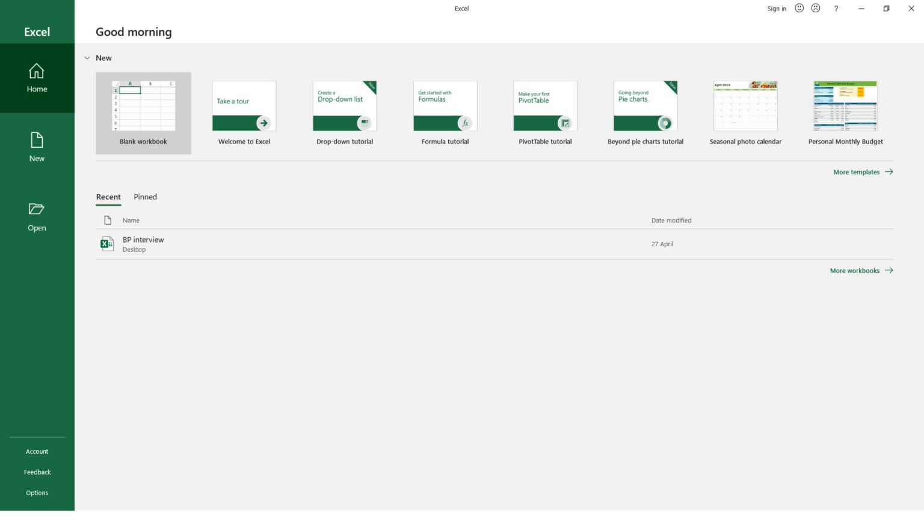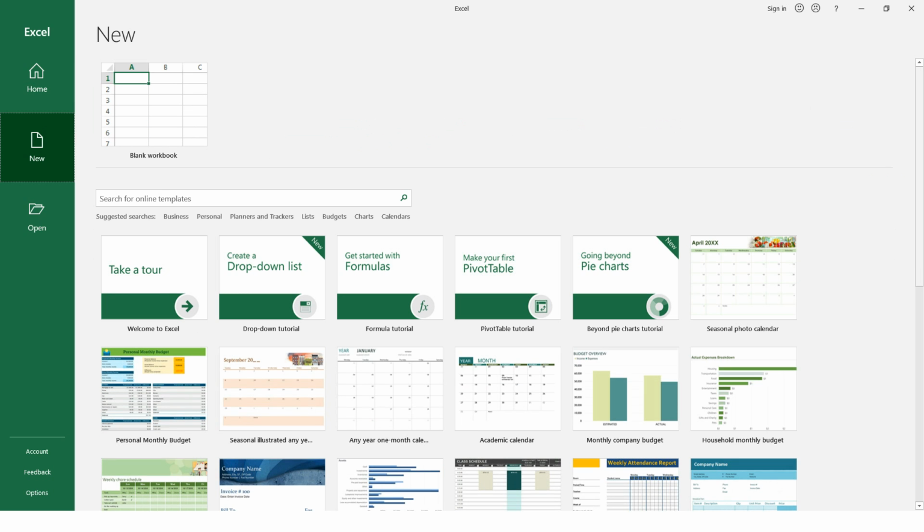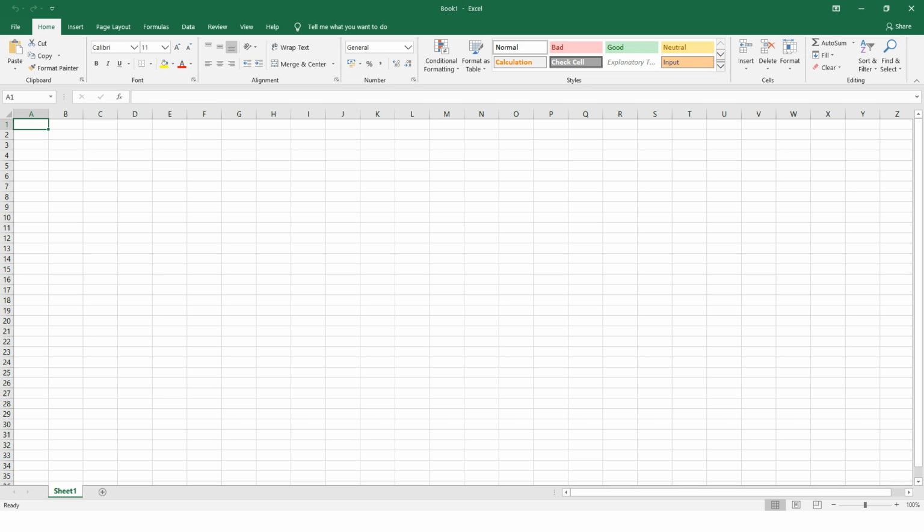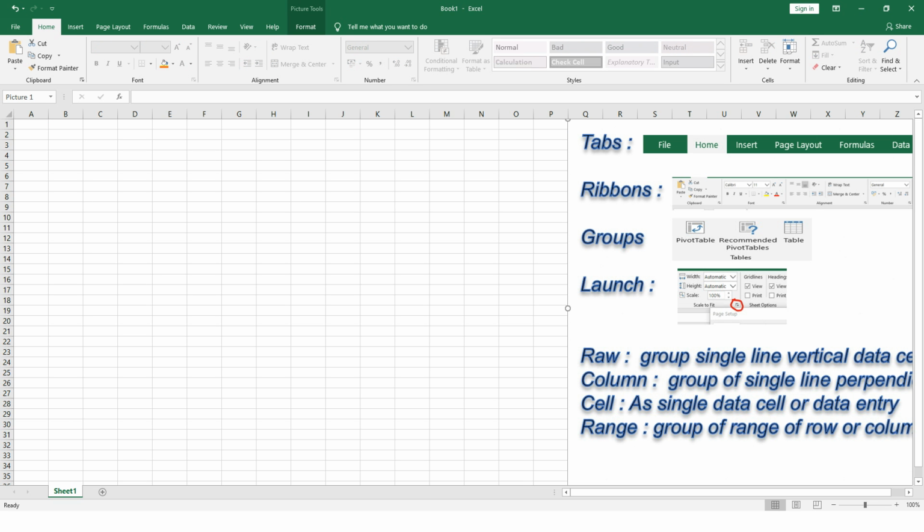If you are new to Excel, whenever you open Excel, you can see this kind of home page. There are some different templates available. If you click on more templates, you can see some more templates over here. But I would suggest, if you are new, just go with the blank workbook. When you click on the blank workbook, you can see this kind of preview. For your reference, I am just pasting the content which I have created for today's class. So let's discuss one by one on each